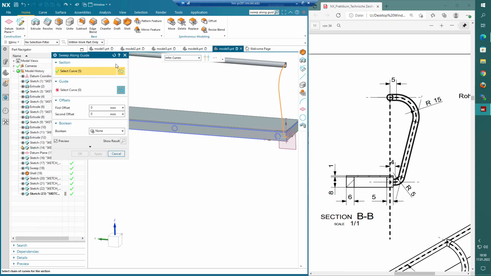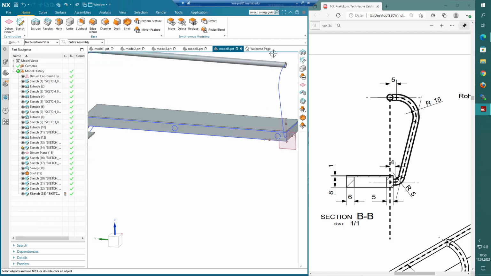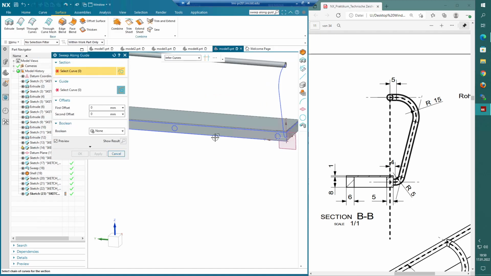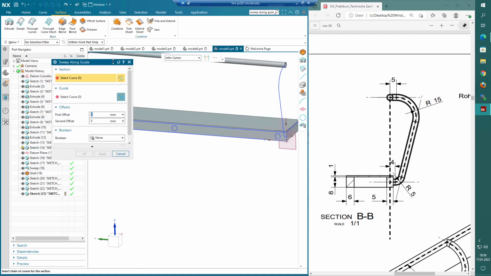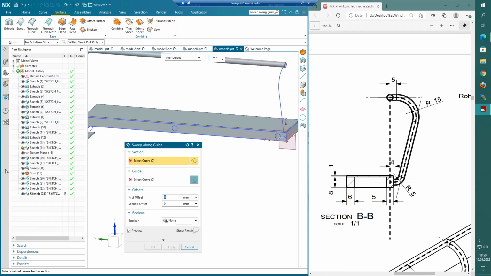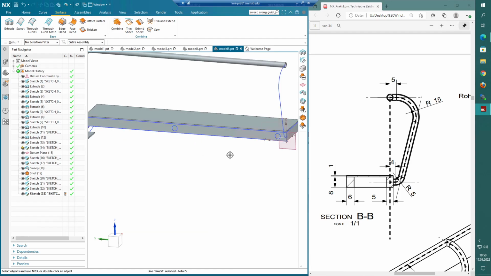And now it's selected the guideline as a section. That's wrong. We don't want that. We actually want, and now I'm showing you how it doesn't work. As our section, we can select our sketch 20, which is the one that contains both of the circles. And if I now select the guideline right here, it says gaps in string or multiple loops. And in that case, it's multiple loops, which means we have 2